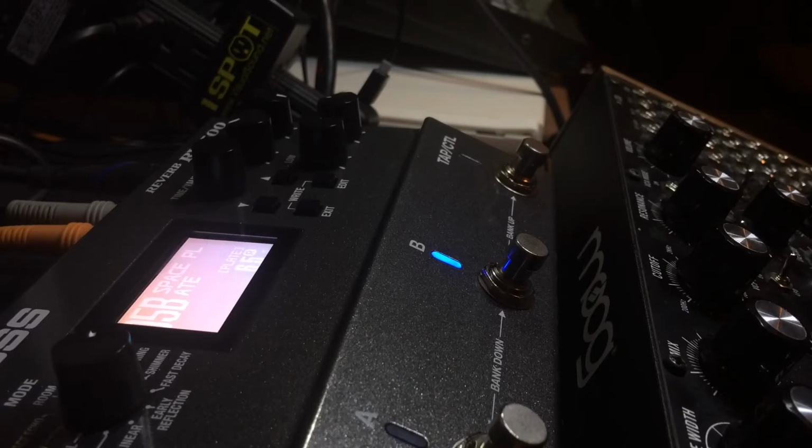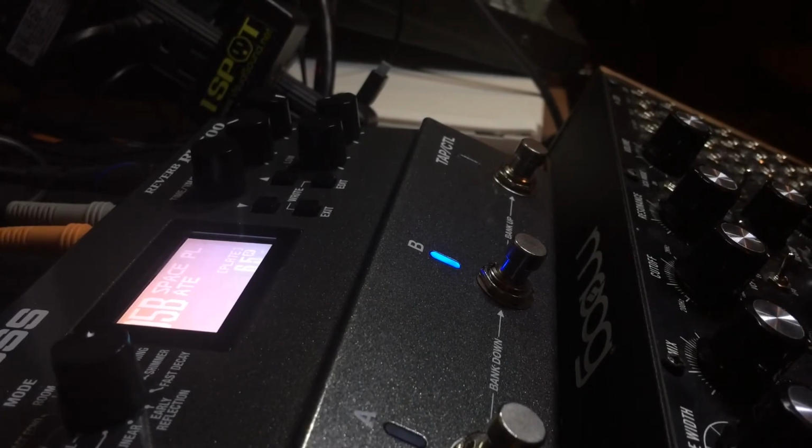Actually, I'm going to go so far as to say I don't think it would be great for a guitarist because it's pretty complicated. I'm really enjoying it so far, but it's definitely a programmer's pedal. It's not the kind of pedal you just start turning the knob. There's a lot of knobs. I wouldn't say it's menu divey per se. There's really only one level of the menu, but